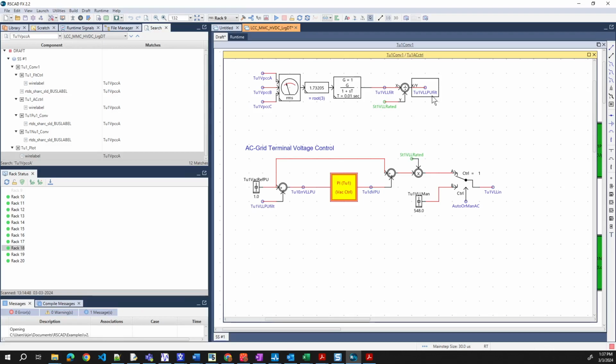Once we get the per unit value in here, and we have this one, AC reference one. So 1 minus something gives us an error message, and this error message is going to go here.